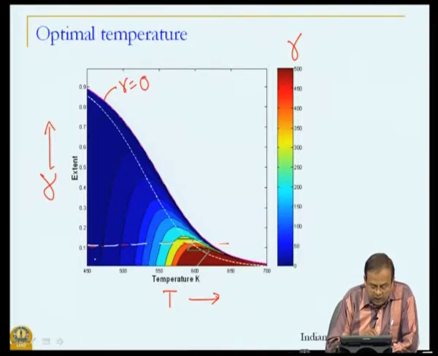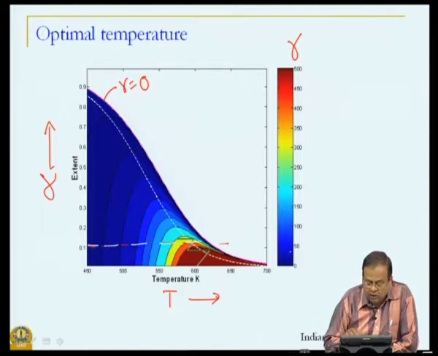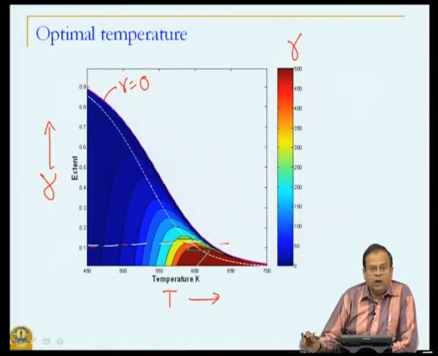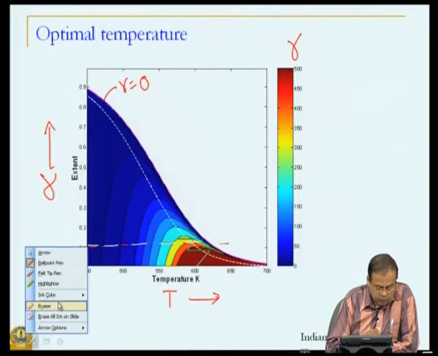what will happen? As I mentioned earlier, the rate will start with a low value and go on increasing. You know the rate is increasing because the color index is changing in this particular manner. So, the rate is increasing, reaching a maximum value, and then again it will start decreasing before it goes to a 0 value. So, in other words, our contours are of this particular nature, as we explained before. So, now what will happen to my reactor?